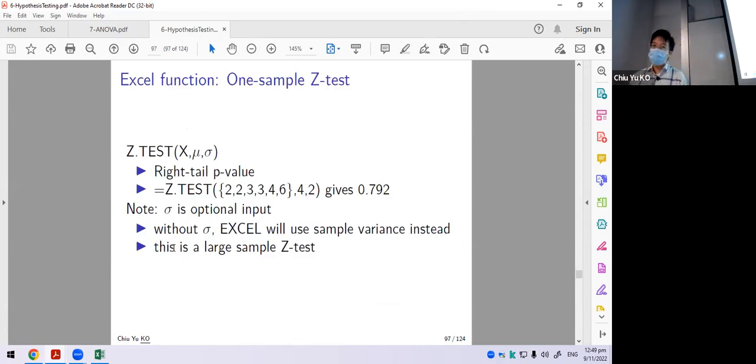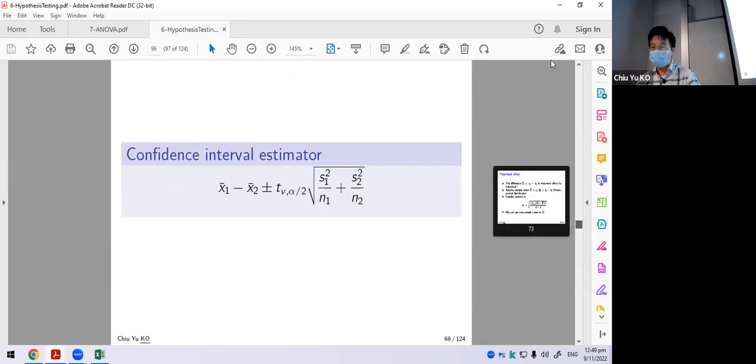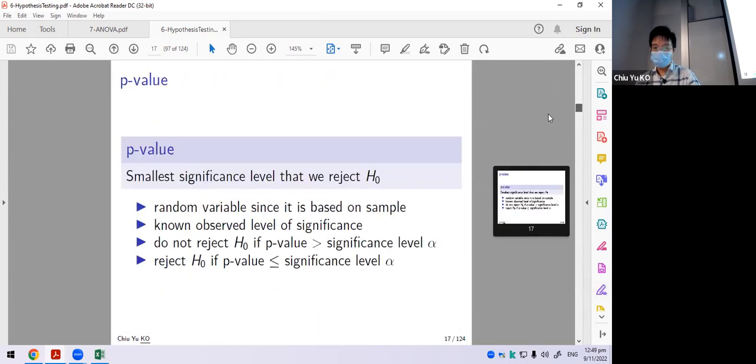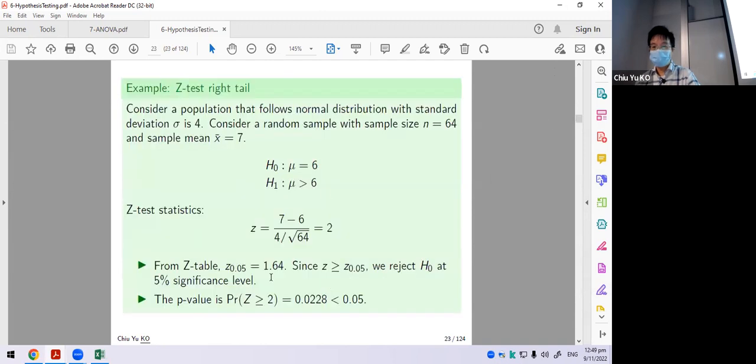Okay, so the first one is called the Z.TEST, which directly calculates the one sample Z-test. Okay, you give it the data, you give it your hypothesis, you give it the population variance, and that will give you the answer. Okay, so this refers to here, this one. So here in this question, actually I give you the sample mean, but in reality you start